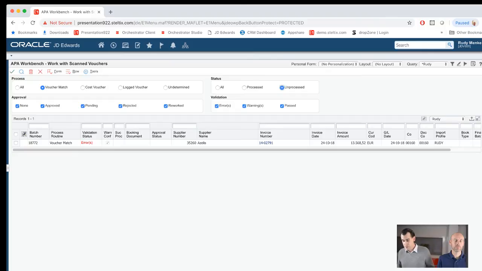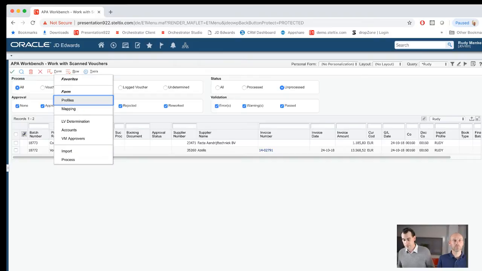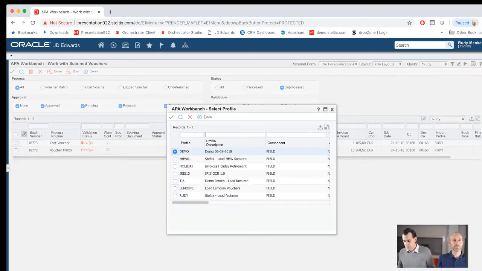The first thing you would standardly do is to see, okay, do we still have things that we need to have imported? Do we still have a network folder where something has to be imported? We have the import function, and here we have several profiles, so you can also determine that several invoices go to different network folders and can be picked up by several different people with different matching rules. In this case, I have my own set.